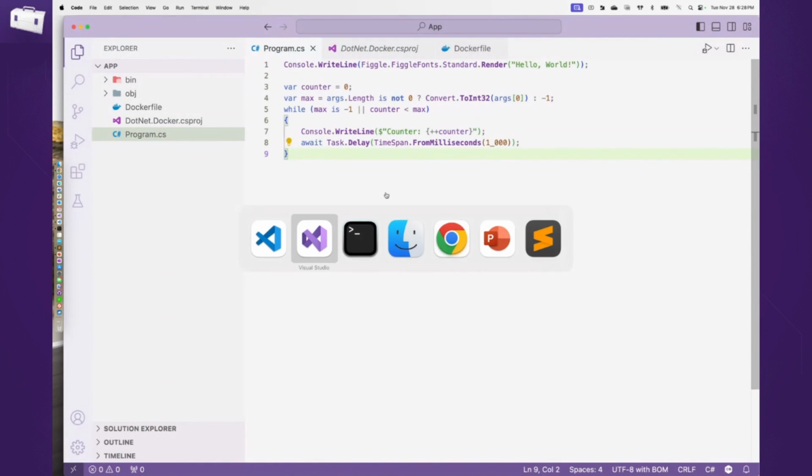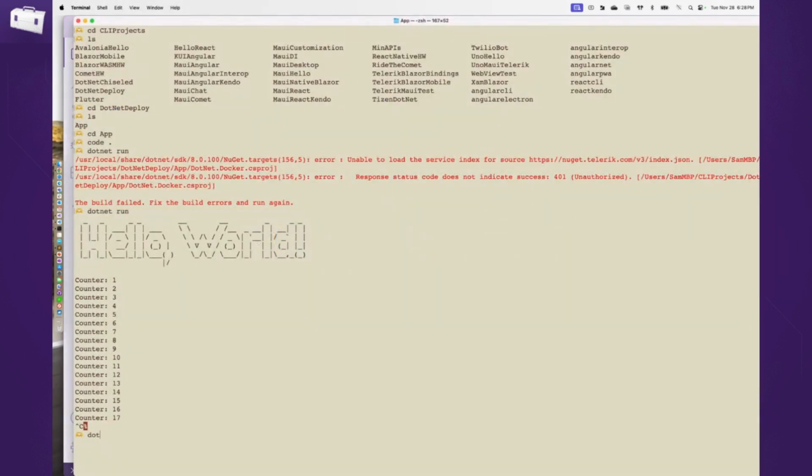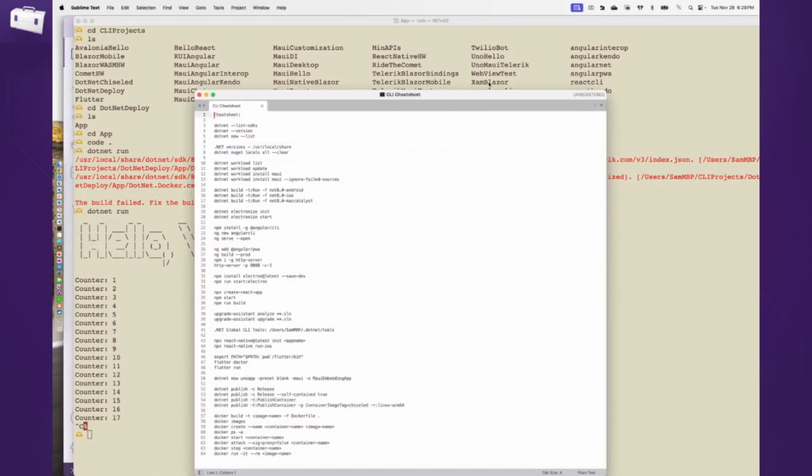But this is where we're going to get into how do I now take this app elsewhere. So the first thing we will do is a .NET publish. We don't talk about these things a whole lot because there are Visual Studio tools that will do this for you, but it just helps to know what it is. So instead of having me type, I actually have some of the commands. So Robert, this is my cheat sheet, my $1 million cheat sheet of all the command line things that I cannot remember.